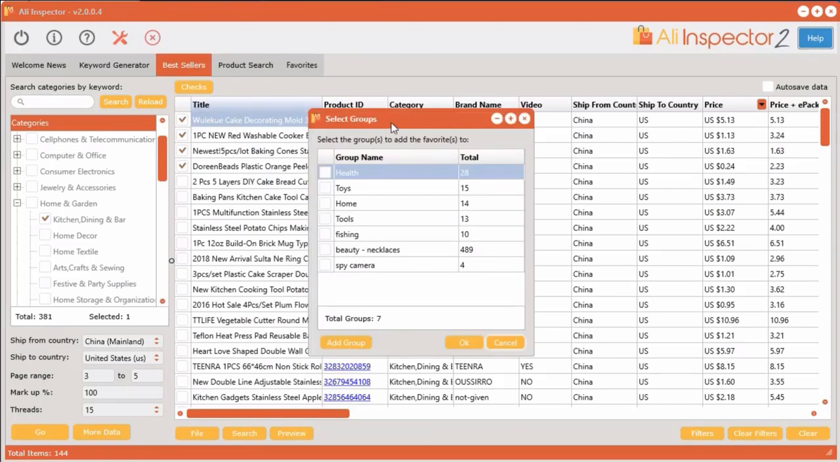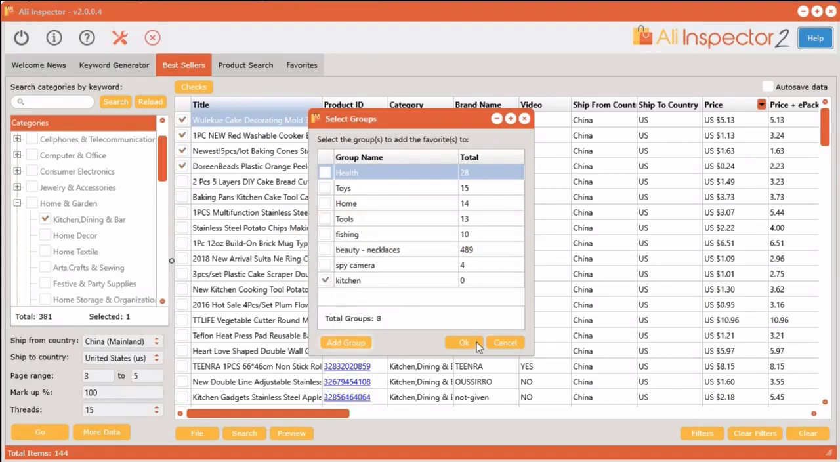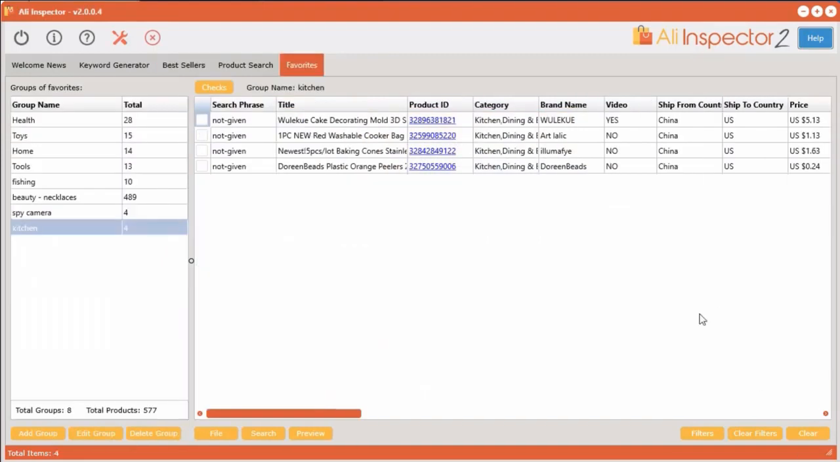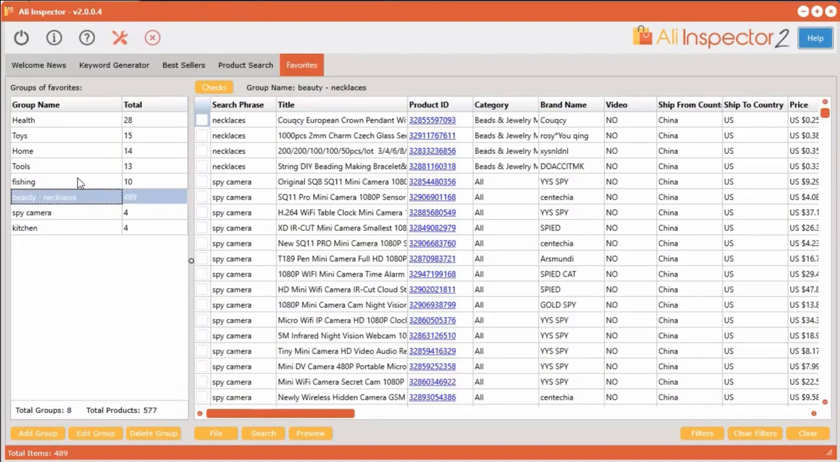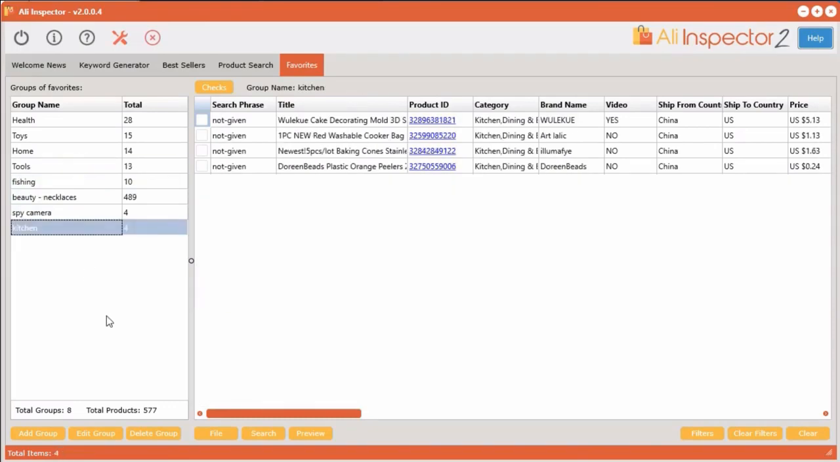So for this particular group, let's create a new one. Let's call it kitchen. Create a new group, and within that group we can add our favorites. And now the favorites are added in the favorites section, and all you have to do is click in here and you can get access to all your favorites anytime you want, and the software will always keep track of